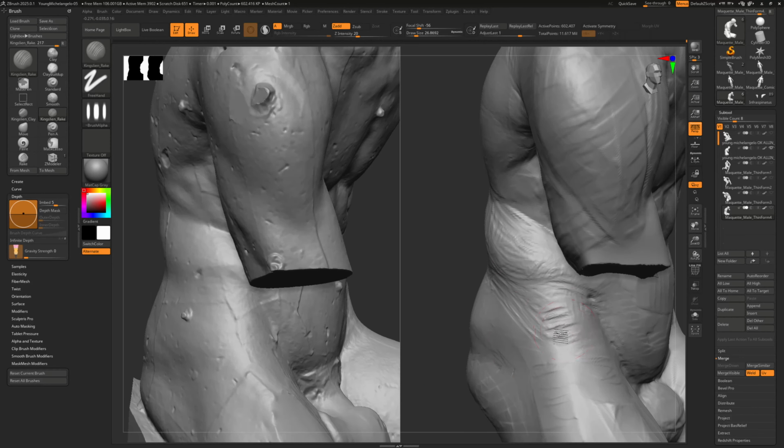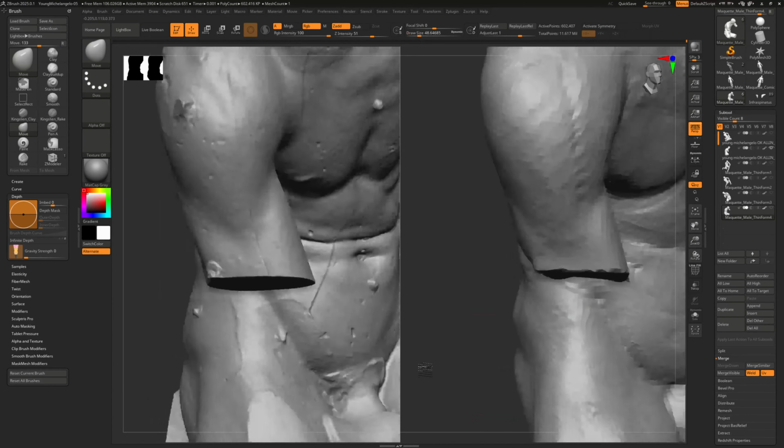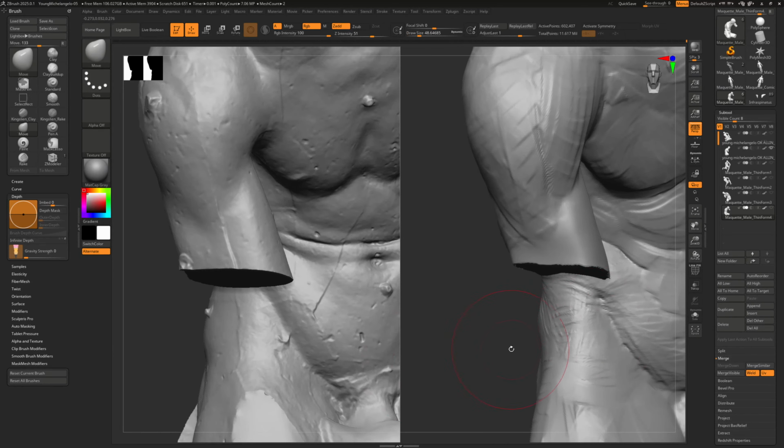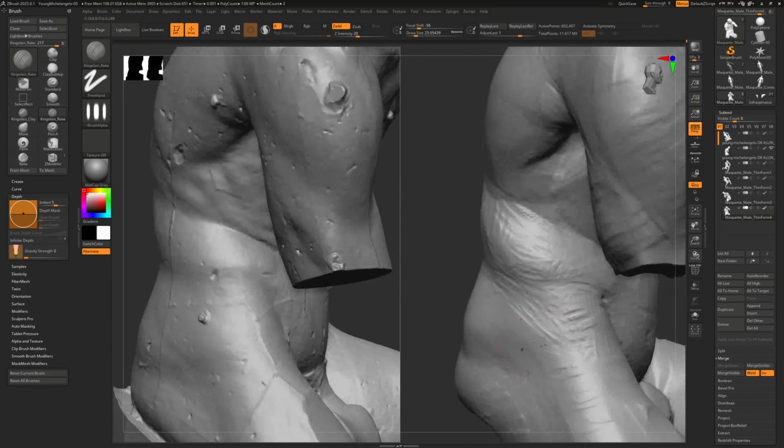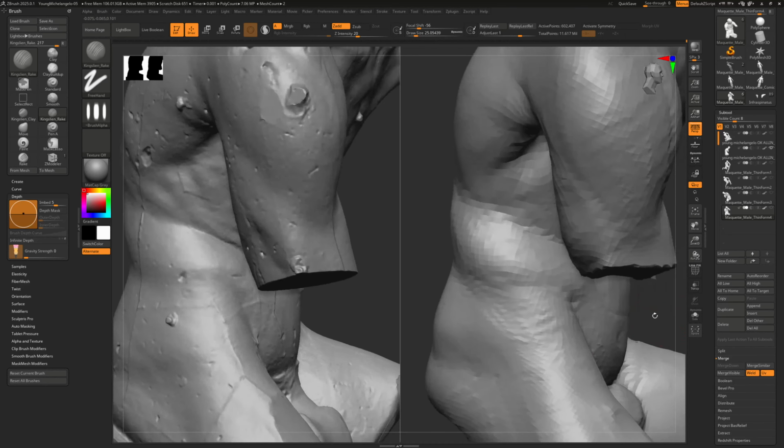Rotate your model often when you're doing this kind of stuff. I think that, no, it's pretty accurate. I'm going to have to look at it from here. There we go. It slopes quite quickly downwards, so